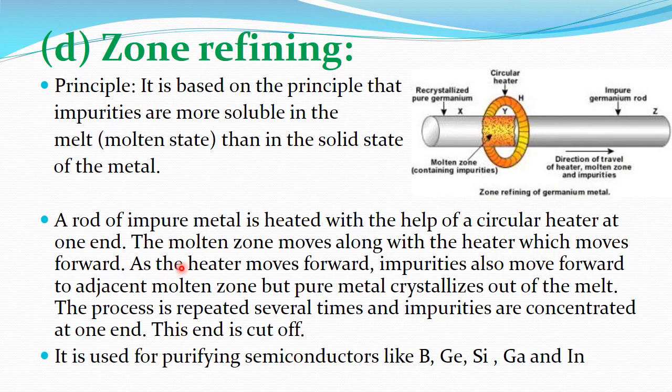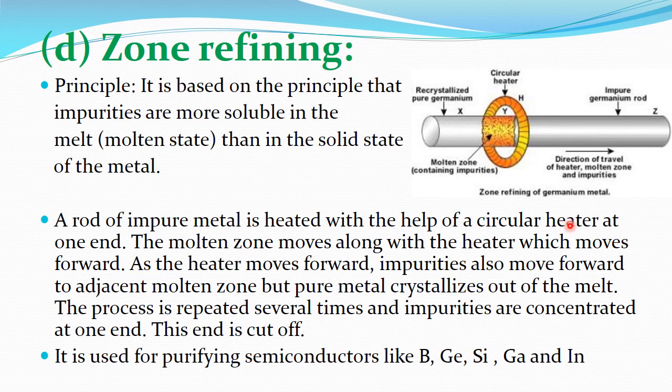Zone refining. Zone refining is used for purifying semiconductors like boron, germanium, silicon, gallium and indium. Principle: it is based on the principle that impurities are more soluble in the melt than in the solid state of the metal. In this method, impure metal is taken in the form of a rod and is heated with